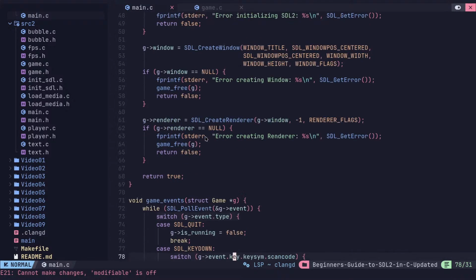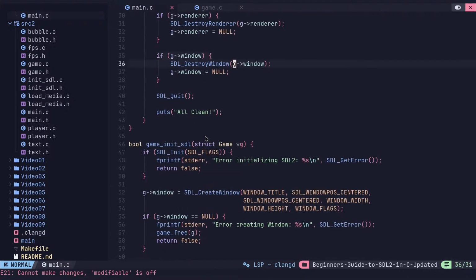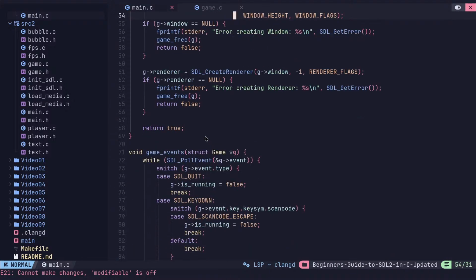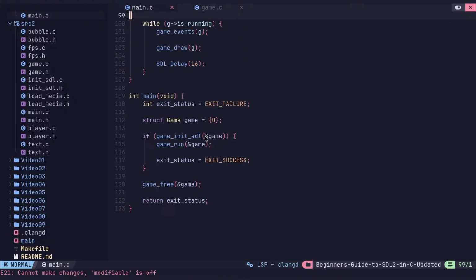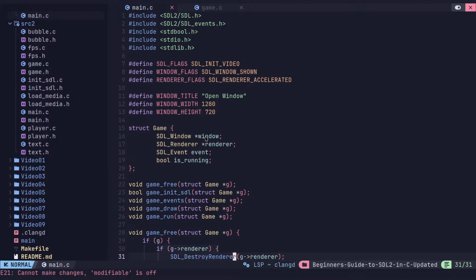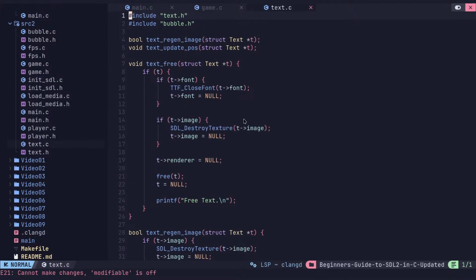So in another video, we're going to break these out, and they're going to be heap allocated, but differently than I've done in my other videos. And they're going to be separate files to make it a little bit easier to deal with. Like right here, we have all the different files. And I kind of made it where you can just make text objects. You can just have this one text file, and now you can just make text objects of any size that